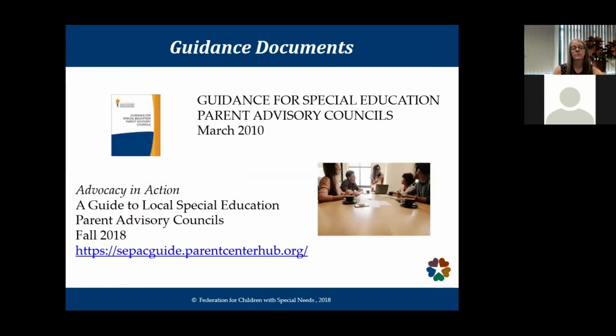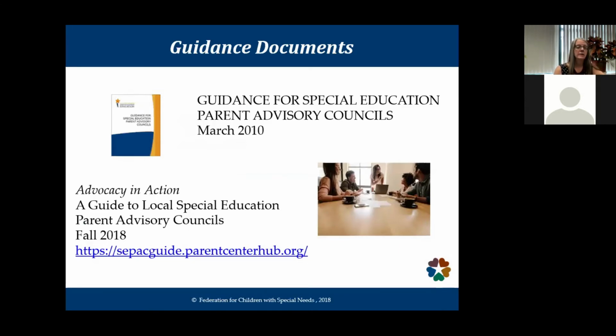CPACs have two guidance documents that help them in their role. One is the guidance for special education parent advisory councils that's put out by the Department of Elementary and Secondary Education. We're going through a process right now to update that. It's almost 10 years old, and the internet's been invented since then. So we do have to bring it up to date and talk about social media and some other things. And there's another new guide,